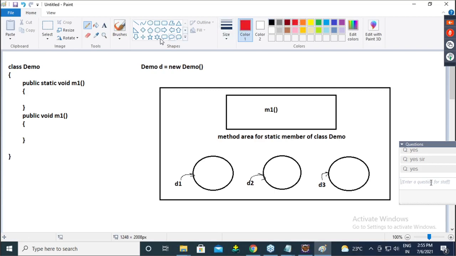Now see the twist in the story. I always told you that with the object creation, you can access static members. But will the static method go here? Hey, this is not M1, this is M2.